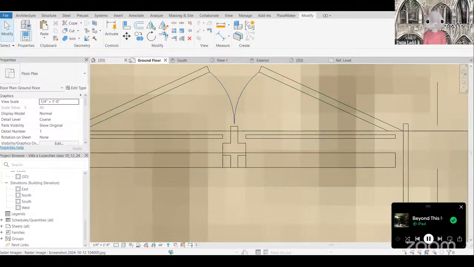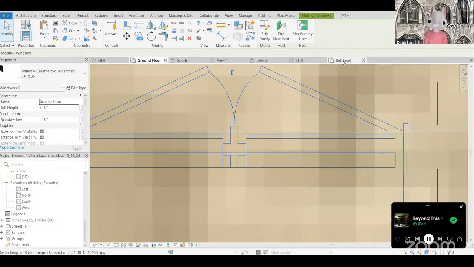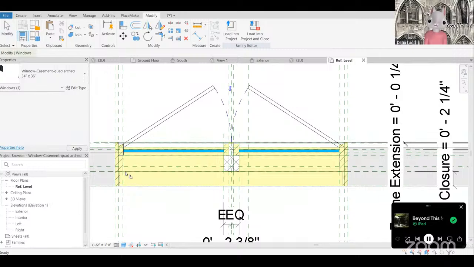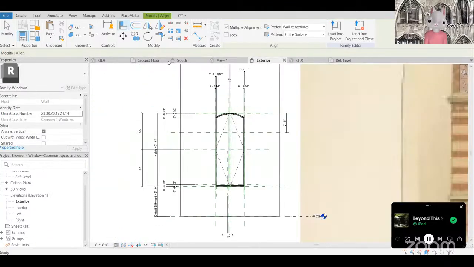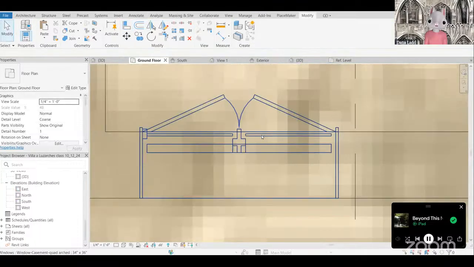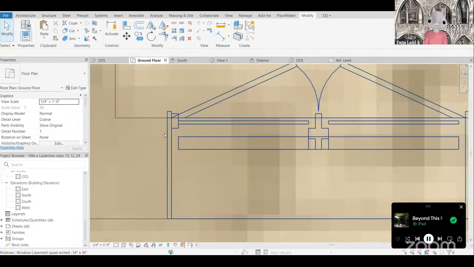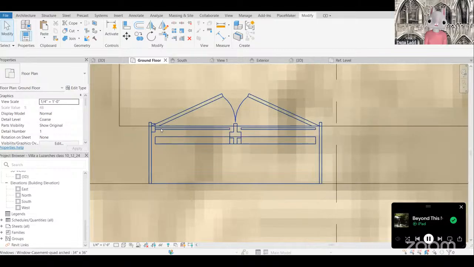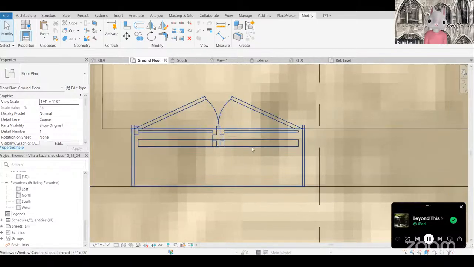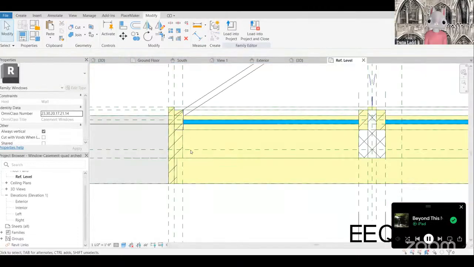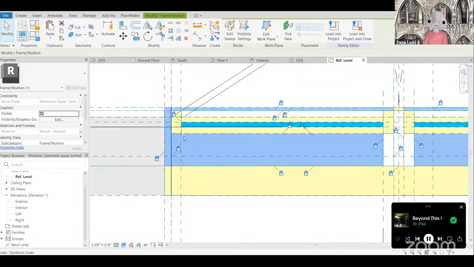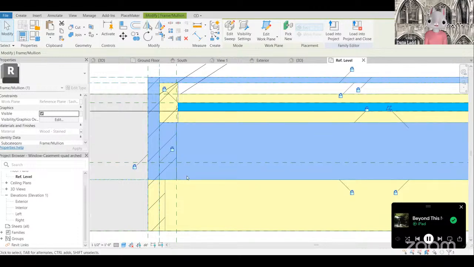Okay, let's go back to our edit family and let's see, ground floor. Okay, we want to make, okay, so we want to make that like,